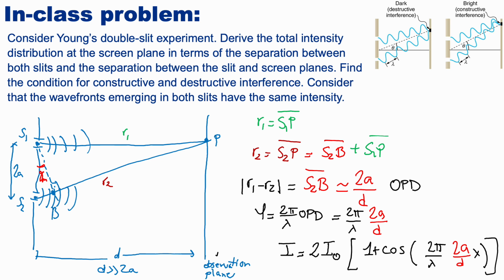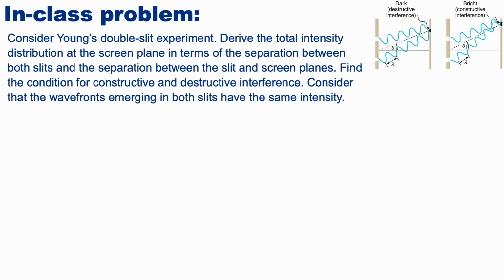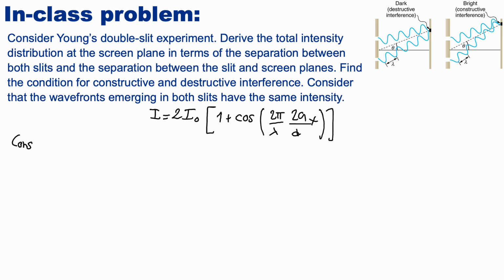Here we are assuming this is our x direction. So our intensity changes following a cosine along the direction perpendicular to our observation plane,